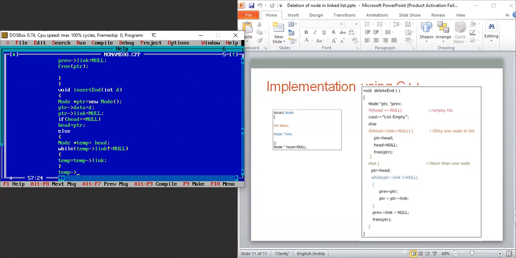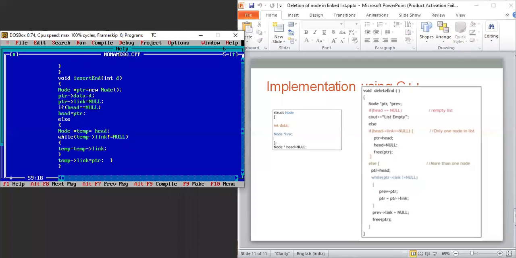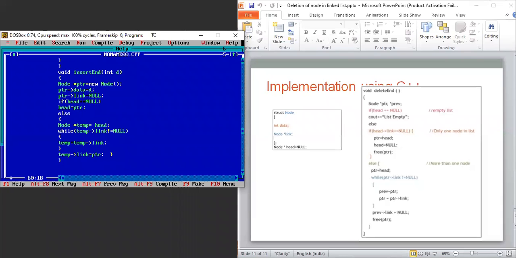Finally we have link equal to PTR over here. So I will close this function here. And finally, we require a display function also.